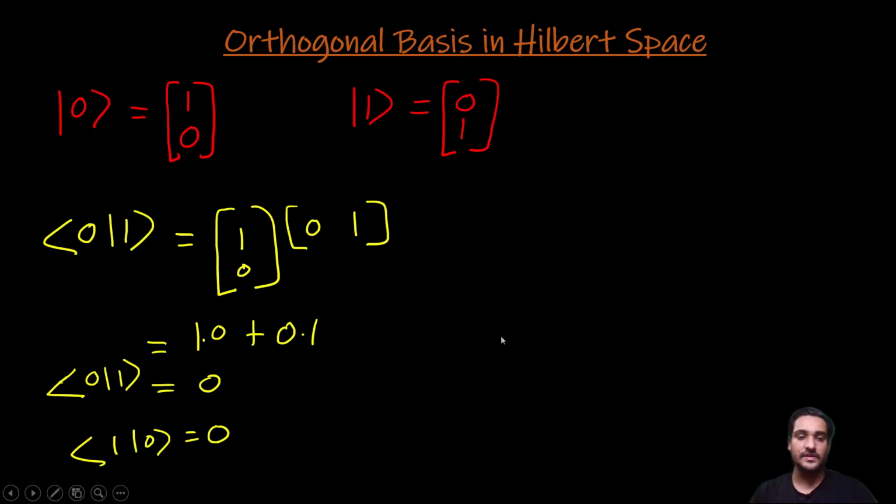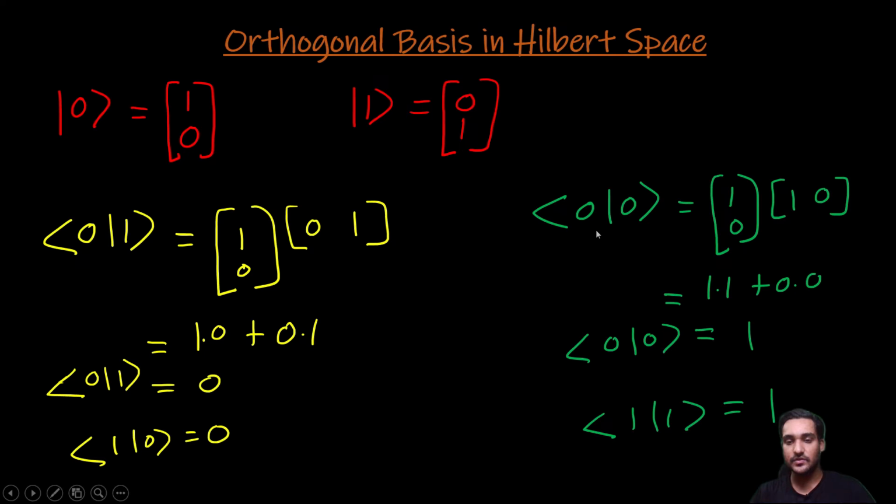If we try to see it with a demonstration, we know that ket 0 is actually a column matrix 1, 0, which is the 0 state in quantum computing, and ket 1 is 0, 1. If we do an inner product or a dot product, then 1 multiplied by 0 and 0 multiplied by 1 actually gives 0, which proves that it is an orthogonal state. And the same is with 1 and 0. If we do it with bra 0 and another ket 0, then we get 1 as a result, and if we do the same with bra 1 and ket 1, then we also get 1, which proves that these two vectors are normalized and orthogonal as well.